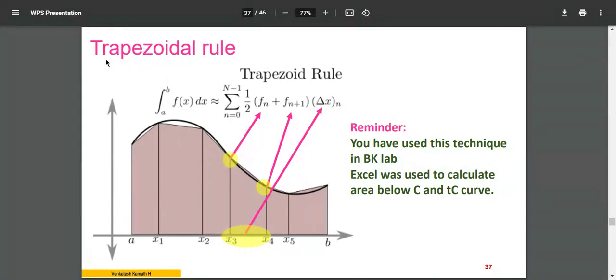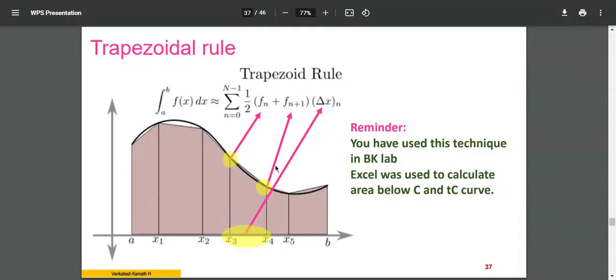The concept is very simple. As the name says, trapezoid. What do you mean by trapezoid? You have 4 corners, 4 sides, but the angle you are not defining, whether it is 90 degrees or 60 degrees; it could be any angle between the 2 lines. That's a trapezoid, but it has 4 sides, 4 corners. Now on this curve, let me put 2 vertical lines, that is a segment. Let me take a segment below the curve, a to x1. Otherwise I'll take it here, x3 to x4. It's already marked here, x3 to x4. Randomly let me take a segment.